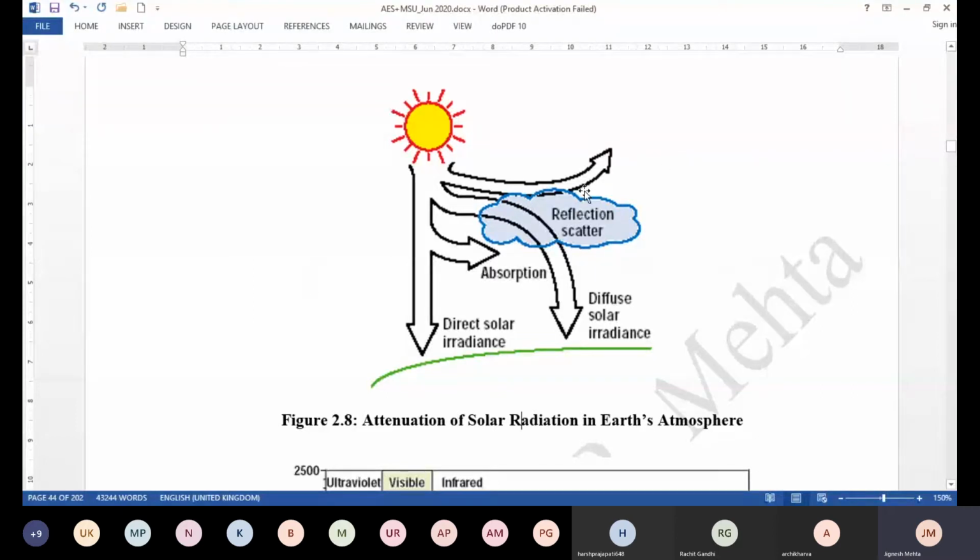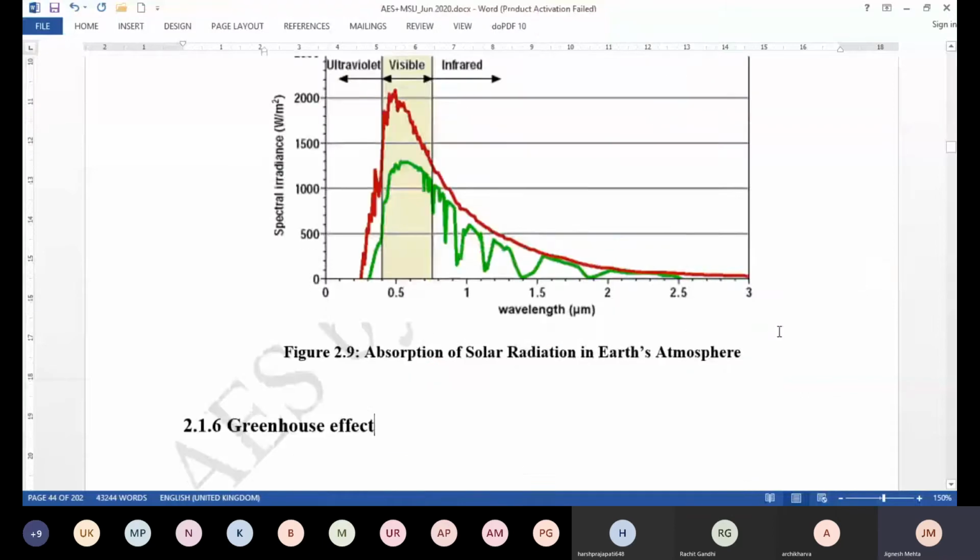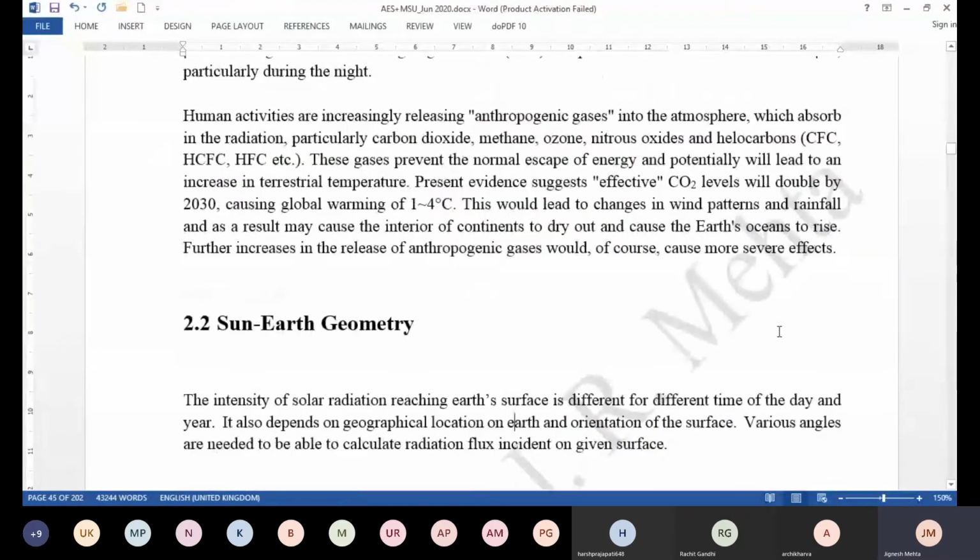That's diffuse radiation, and the total radiation that you get on the surface of the earth is the sum of these two. But of course, the quality of the direct radiation and the diffuse radiation is different, and the efficiency of conversion will not be the same. The direct radiation would give you better conversion efficiency. Then we talked about the greenhouse effect, which is basically absorbing more and releasing less. So the final result is the heating up of a given volume.